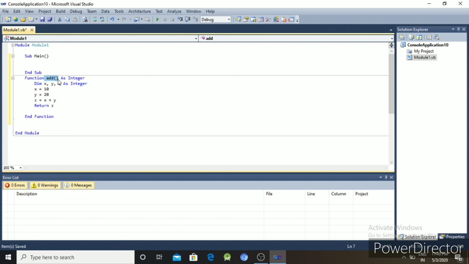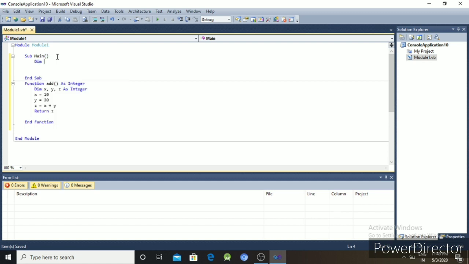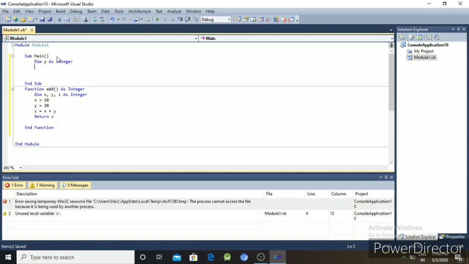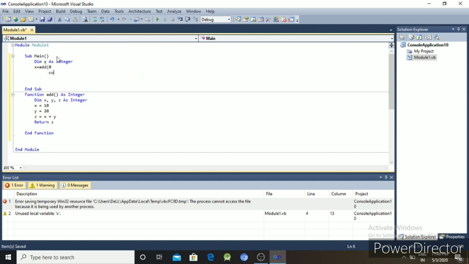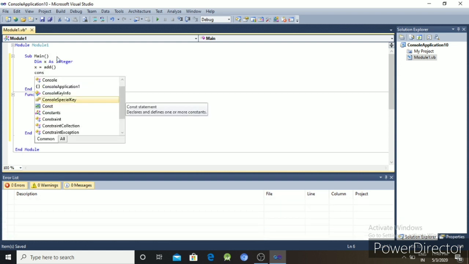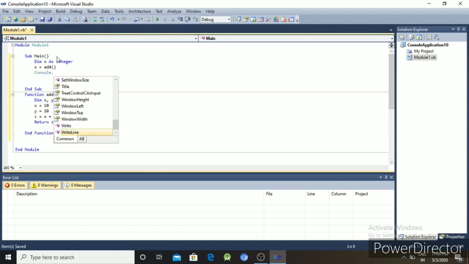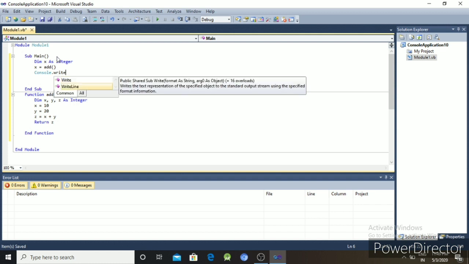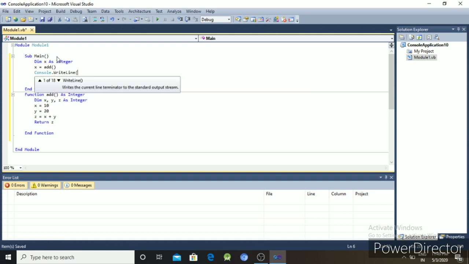So we can write here dim x as integer, thereafter x equal to add, then Console.WriteLine(x).